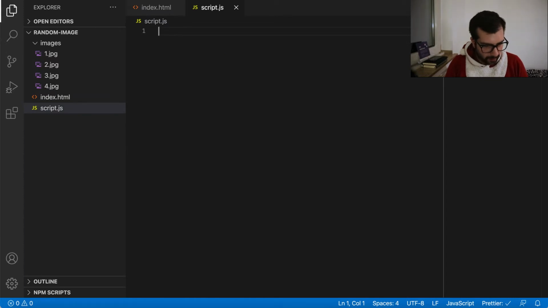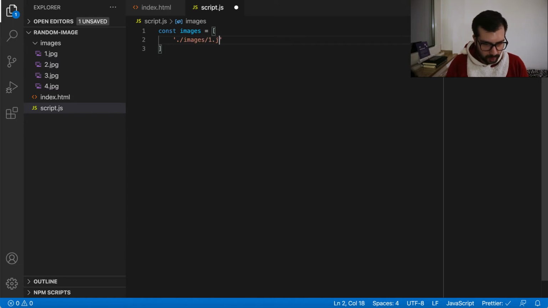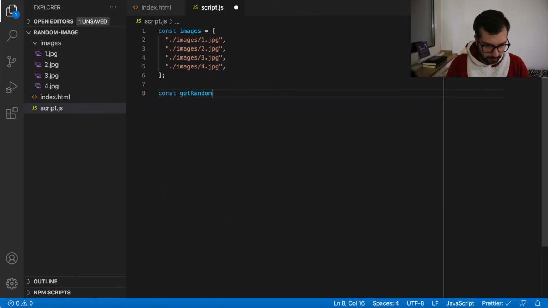In here we have to first create the array with the paths of the images, so const images equals an array that will have images 1 JPG, and then the rest of them 2, 3 and 4. Then we need to create a function that will generate a random number from 0 to 3 for each element of the array and get the string from the element and put it in the src attribute of the image. So const getRandomImage equals a function